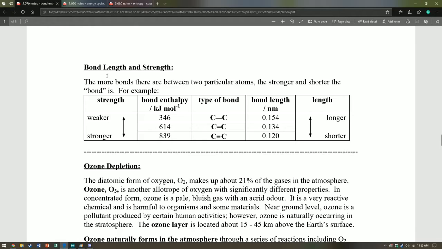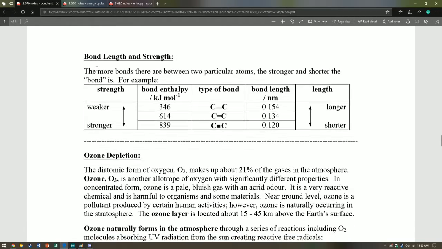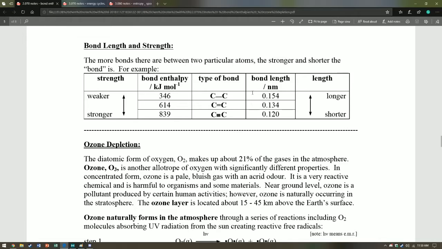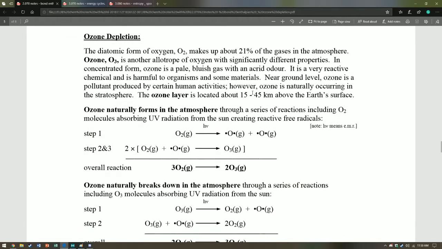Here's another way: here's just bond length and strength. Again, I did this in topic 4. You can read this section if you want. The last major bit of this section is ozone depletion, in that you're expected to know how the ozone layer